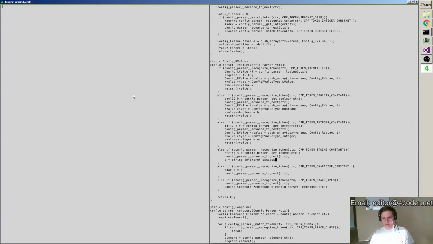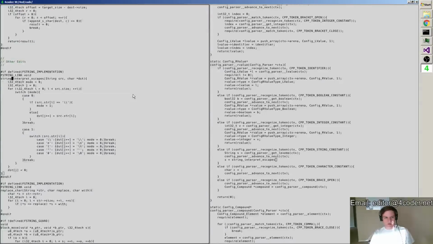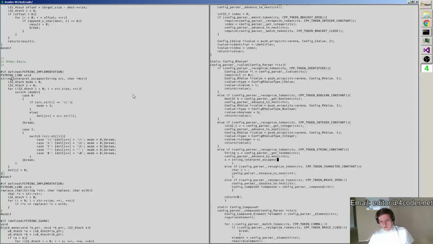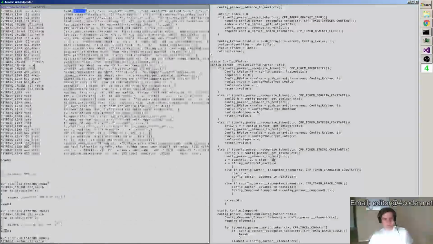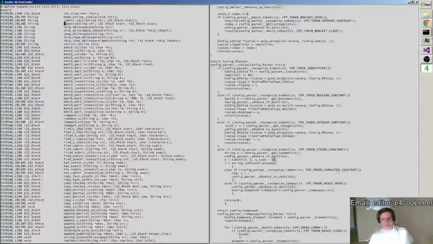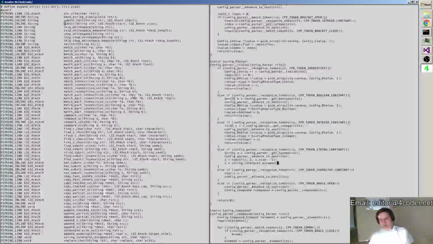string interpret escapes, and that just works by taking a destination pointer, I guess. So the idea is, if I do s equals substring s1 s.size minus 2, I believe that's how substring works. Can't remember because, again, horrible naming schemes. Alright, so then I'm going to interpret that, and I'm going to give it